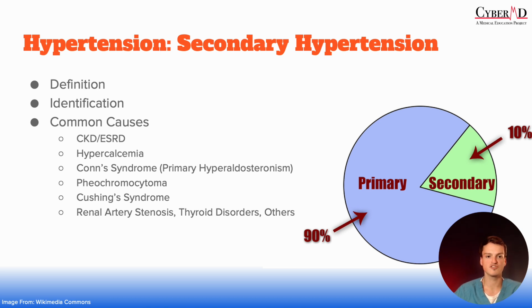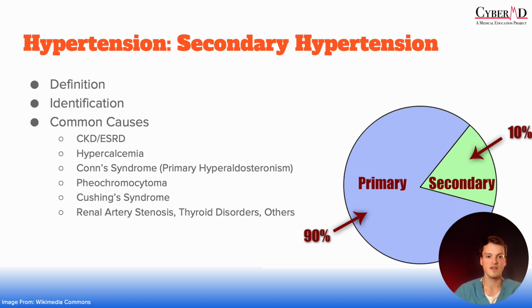Remember that Cushing syndrome can be a cause of secondary hypertension, and that's going to be due to the excess cortisol production, which can lead to hypertensive situations. And the symptoms can be very diverse in these patients, ranging anywhere from weight gain to skin changes and muscle weakness. Remember that renal artery stenosis and thyroid disorders and several other disorders, which I will leave up to you to find on your own, are also causes of secondary hypertension,